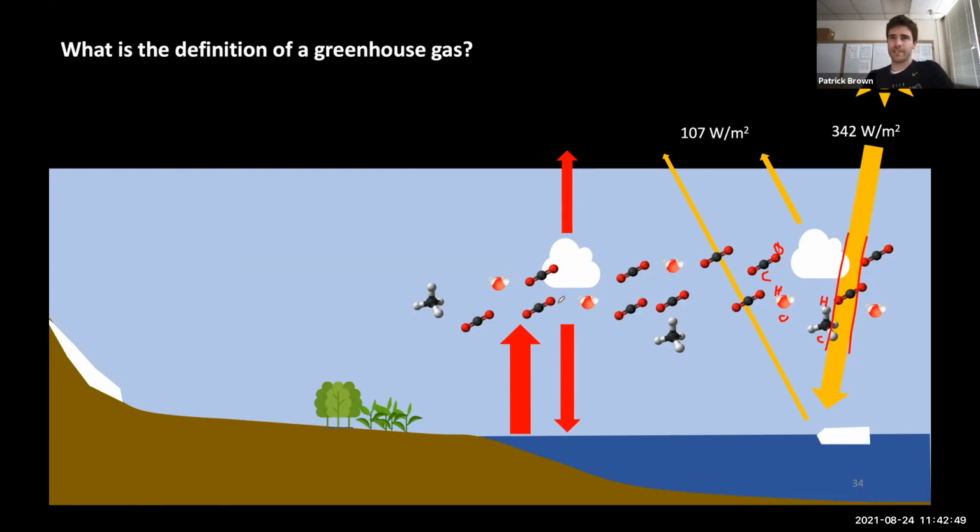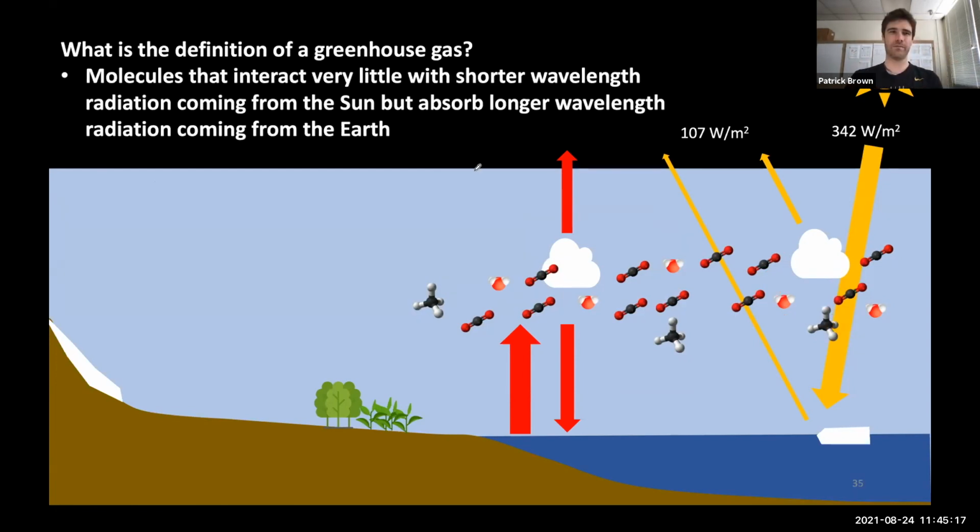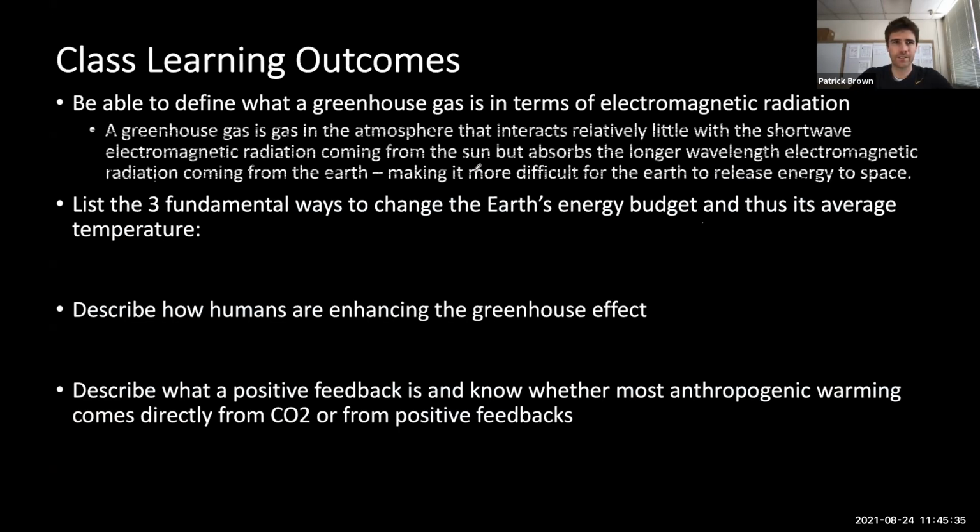So what is the definition of a greenhouse gas then in terms of electromagnetic radiation? Molecules that interact very little with short wavelength radiation coming from the sun, but absorb long wave radiation coming from the Earth. So that is our first learning objective. And so then these